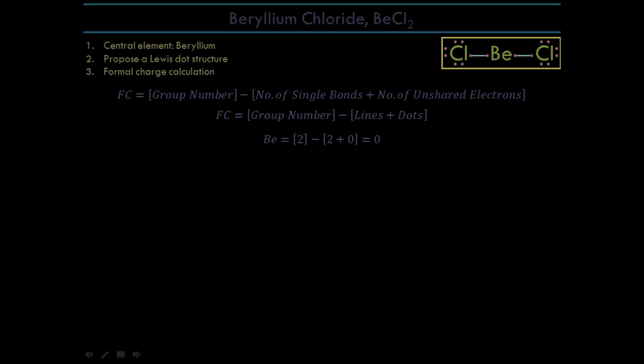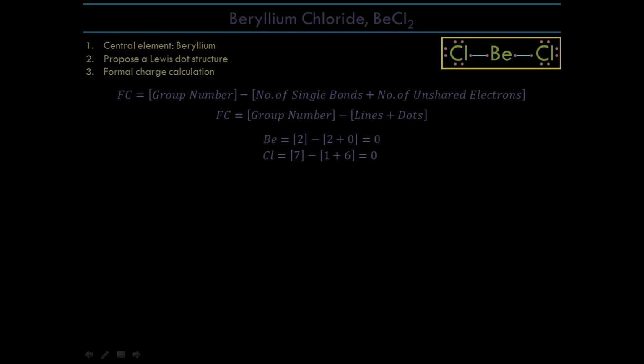We'll focus on the central element. Beryllium is a group 2 element, and this formal charge calculation is based on this drawing first. There are 2 lines associated with this beryllium, and there are no electrons surrounding it. So 0, no dots associated with it, only lines. 0. For this chlorine, it is a group 7 element based on the periodic table. And there's 1 line associated with this chlorine, and 6 unshared dots. So this is a lone pair. Although it is a lone pair, it is not shared with any